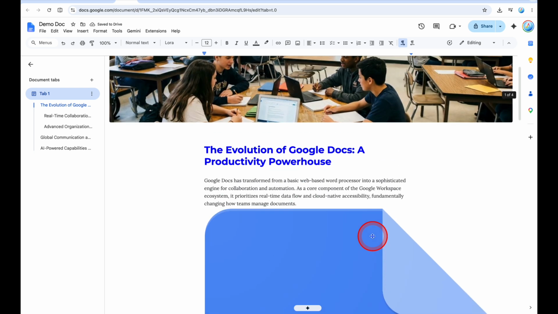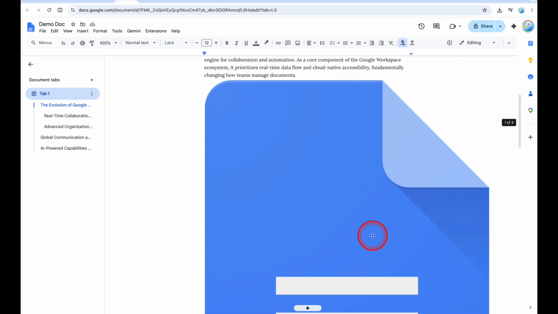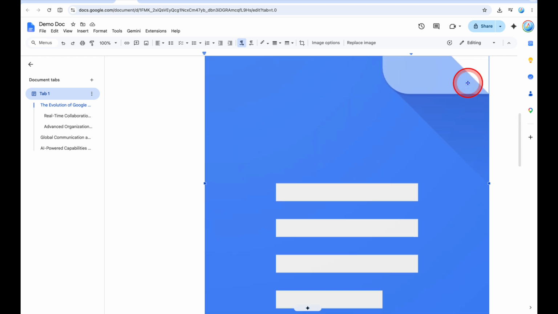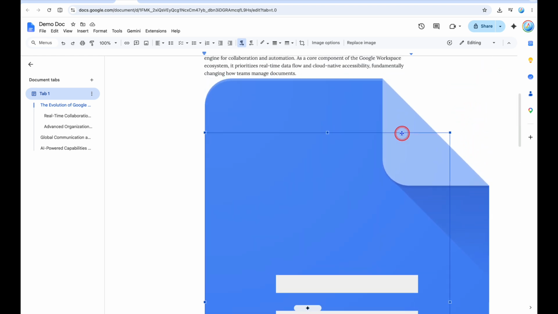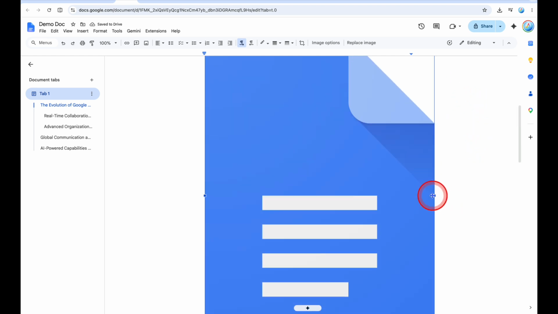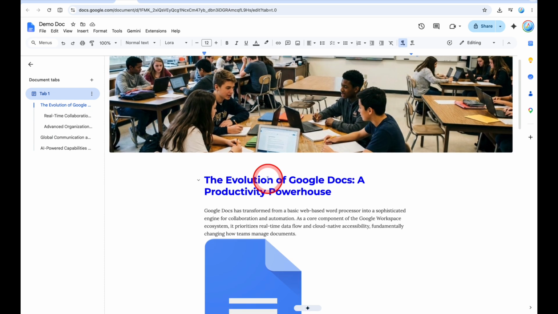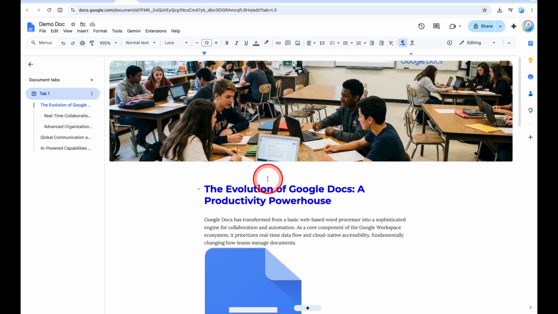Okay, it's too big. It covers almost all the page. So let's reduce the size. Click on it and you see at the side there is an angle here. You can reduce the size from here and also this side, and on top. Now it becomes smaller. So we have inserted the cover image we generated from the prompt.